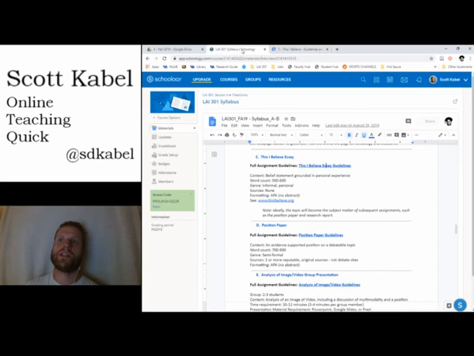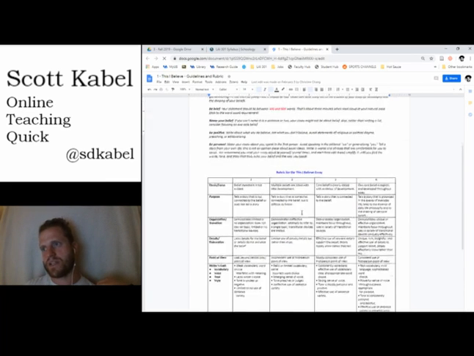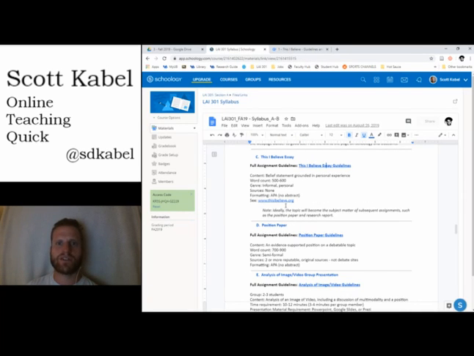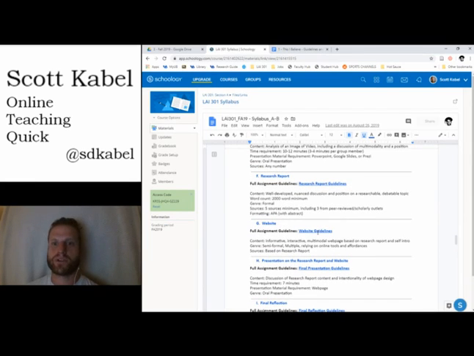The blurbs generally stayed the same, but if I wanted to make a few changes to the assignment overall, I would do that in the guidelines. Then I'd go back and check the syllabus to see if there was maybe a detail here or there that I needed to change. What I liked is it cleaned up the syllabus. Whenever I needed to make changes, whether they were fundamental changes to the assignment, I'd go to the guidelines and update them there. For the most part, I never had to re-upload anything, because it's just so smooth. But these are the kinds of things that are possible when you take advantage of the technology you have rather than trying to reproduce handing out physical papers and stuff like that.